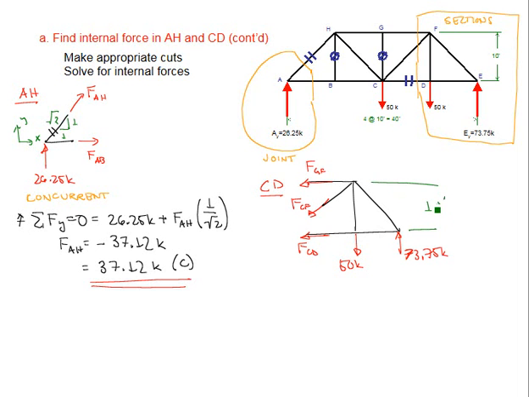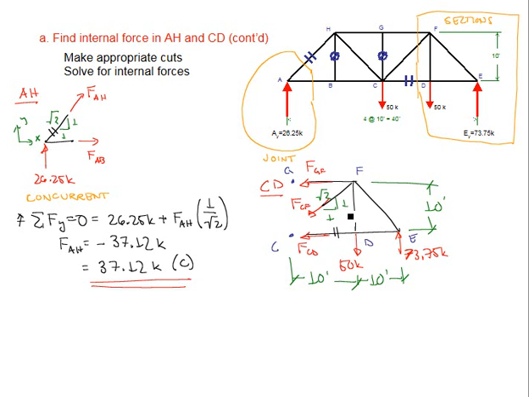In this case, dimensions will be critical. If we were to also note that we have joint C out here, joint G, this is joint F, D, and E. We could then also say that this is 10 feet. And finally, the angle here is 1 square root of 2 as well. Now again, the only member of interest that we're curious about finding is the force in member CD. So if we can find one equation with one unknown, that unknown being the force in member CD, save ourselves